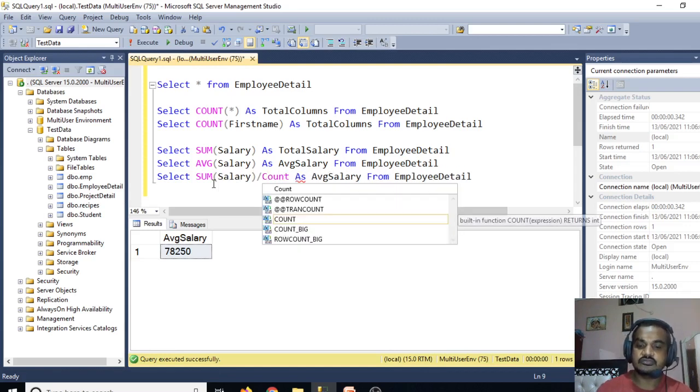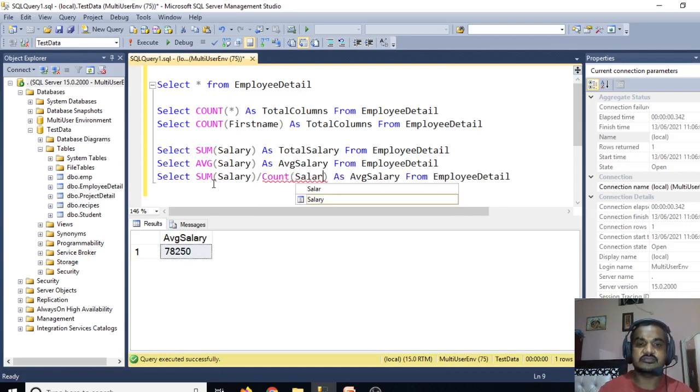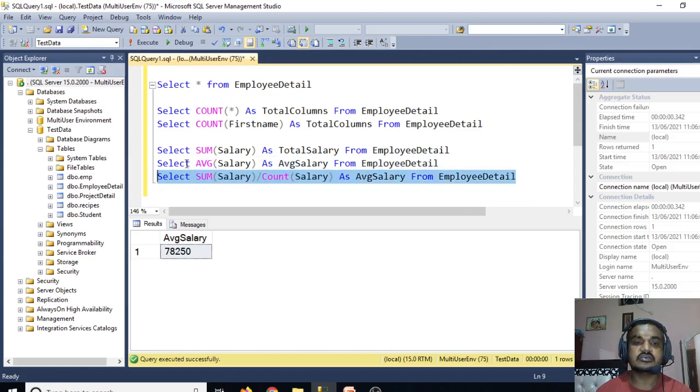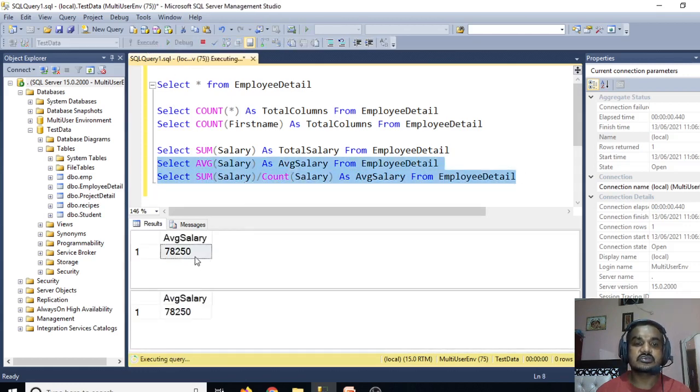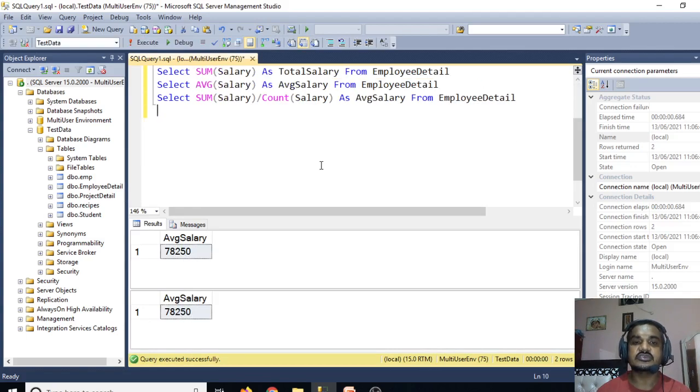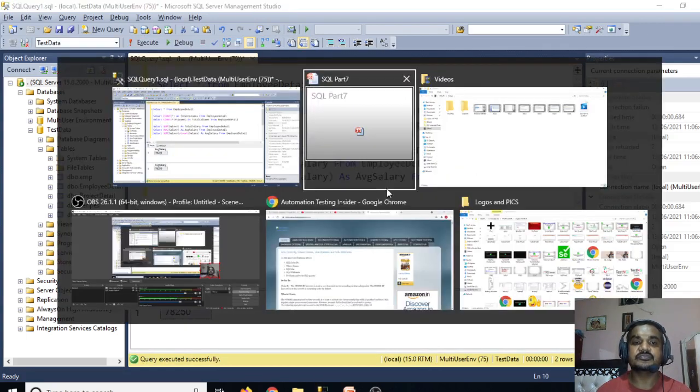Count of which column? Salary column, correct? So let's execute this. So you can see the same value. If you execute both these queries, you will see the same result, 78,250. Here also 78,250 is the average salary of all the employees in employee detail table.